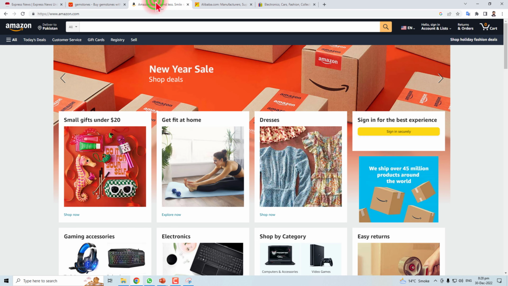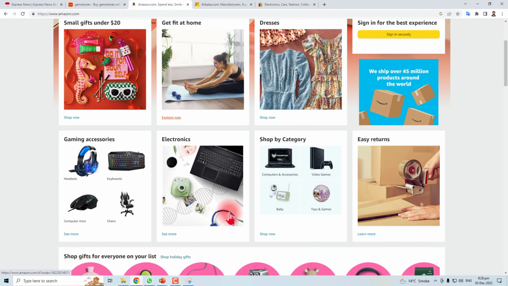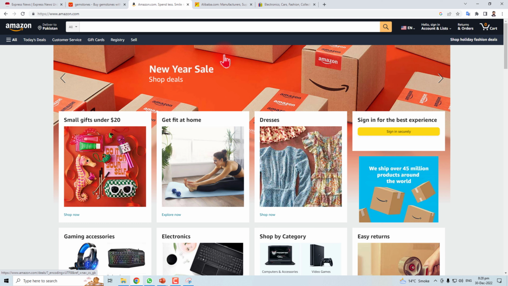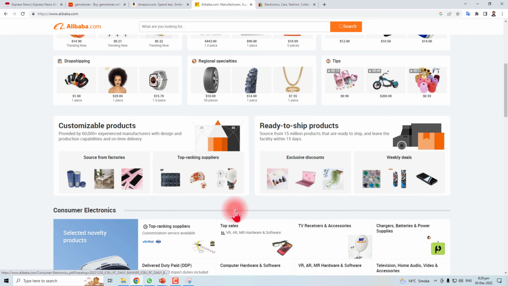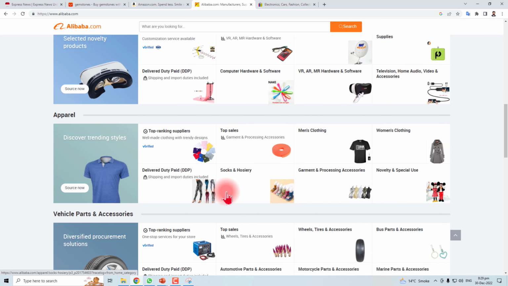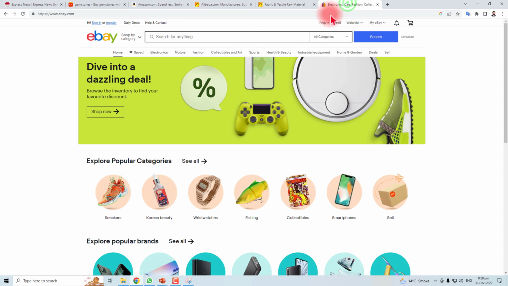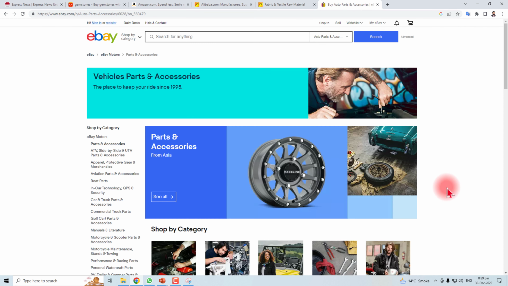In the same way, you can explore Amazon for different categories to find the best selling products. The third marketplace is Alibaba, where you can find products the same as on Amazon and AliExpress. Now the fourth one is eBay, where you can find the same thing, and try to explore these 4 marketplaces